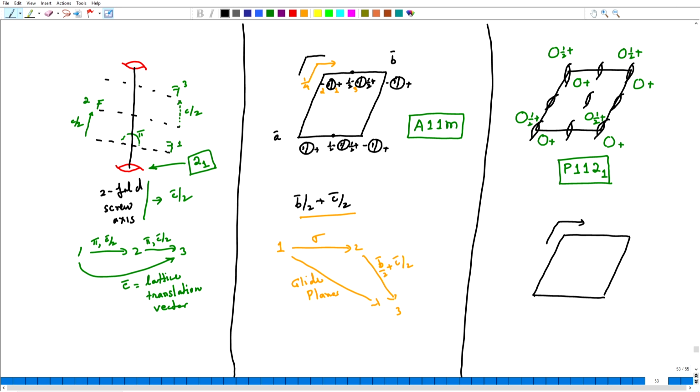Now, since I have written no fraction, no number along with this, which means that this glide plane is in the AB plane. So, motif above the plane is translated to all the corners,